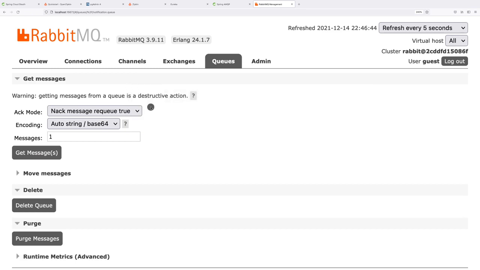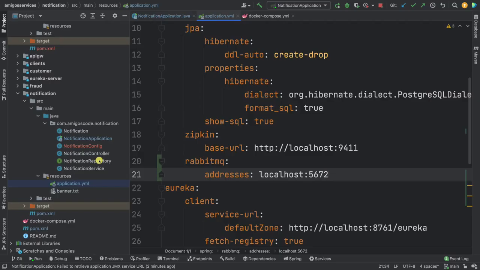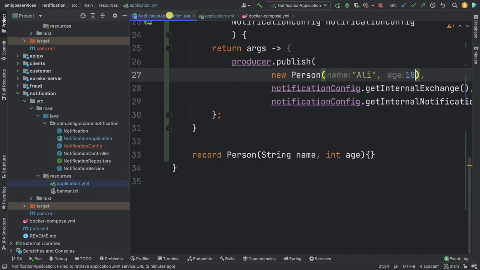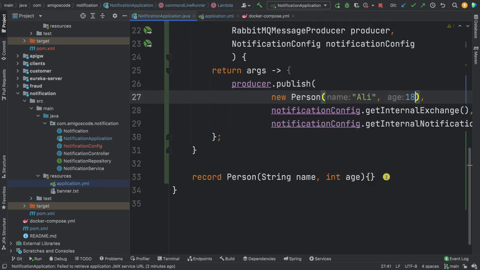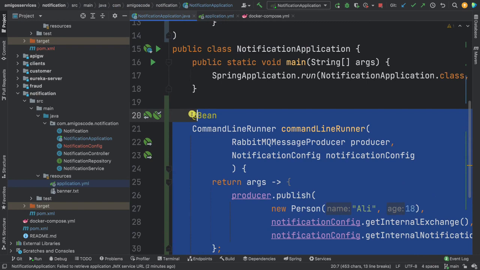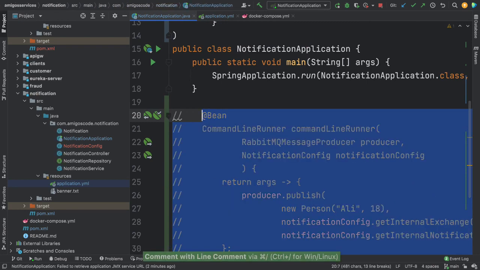Finally, I'm going to close this and go back to IntelliJ, and inside of this main application, I'm just going to comment this so that if you